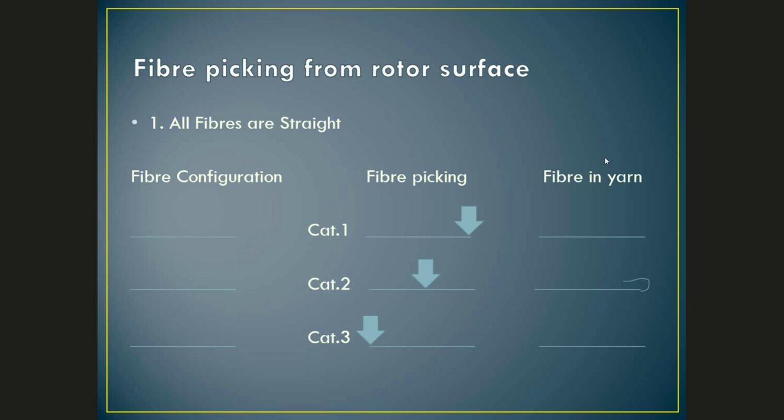Now, another important point I would like to explain: you see that we have taken a situation where I'm using fiber of different length. So what is going to happen? The moment I'm using fiber of different length, as I said, the fiber will take more time to reach the rotor surface, or the residence time of this longer fiber in the spinning system will be more.